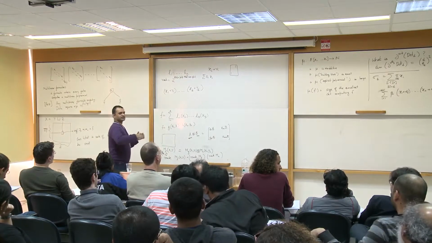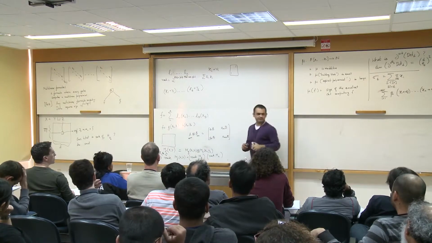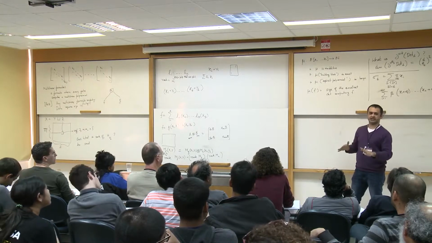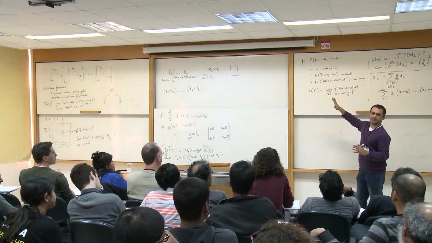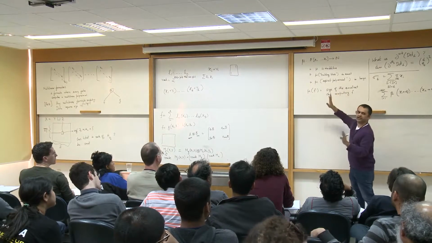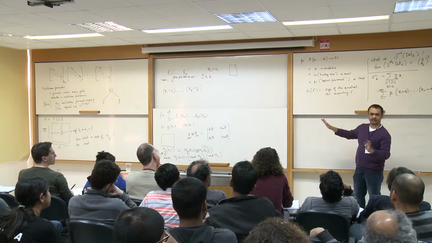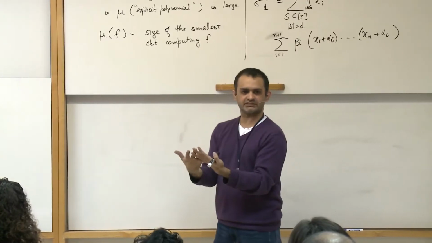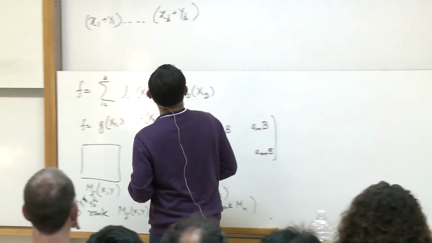So this is how the overall picture is going to be. The building block is going to be a term of this sort, and mu is going to be the rank of the partial derivative matrix under a random partition. And I'm trying to claim that mu of a building block is small. All I mean by that is I want it to be bounded away from what I expect in general. For a typical polynomial, I would expect that matrix to be full rank. As long as I can shave off something from this, it will already mean that I need too many summands.